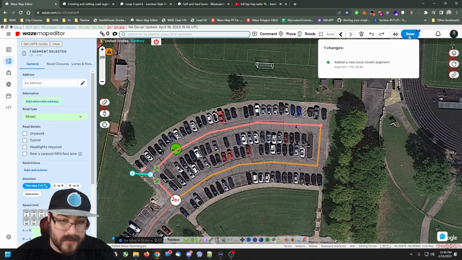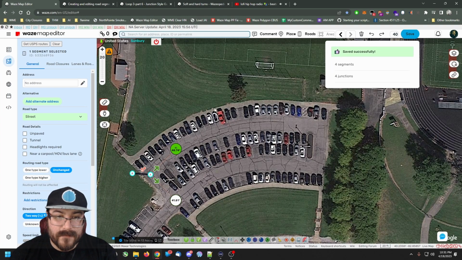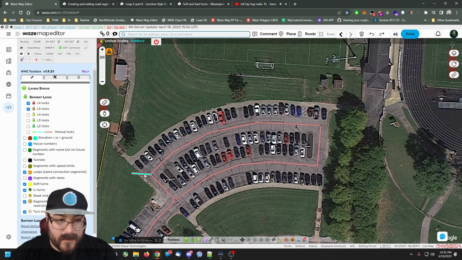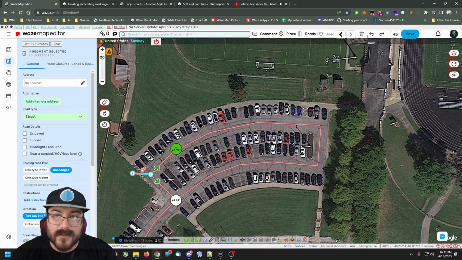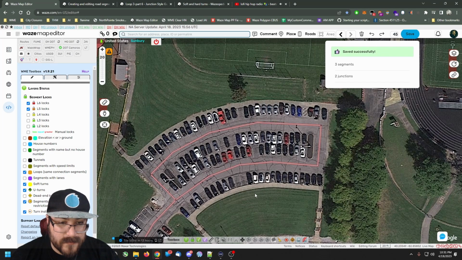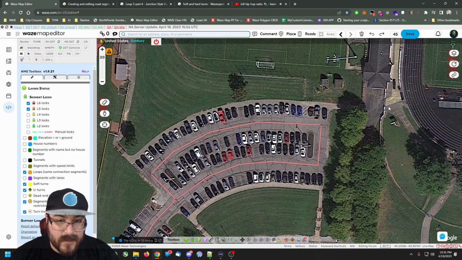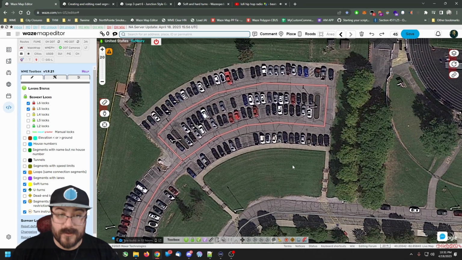You can add that, hit save if you wanted to save the work, and then come back over here, click on the road that you just made, and then hit delete, and then hit save. It keeps the node still there, so you know that the node's still there, and it gets rid of the loop. That is how to properly get rid of loops